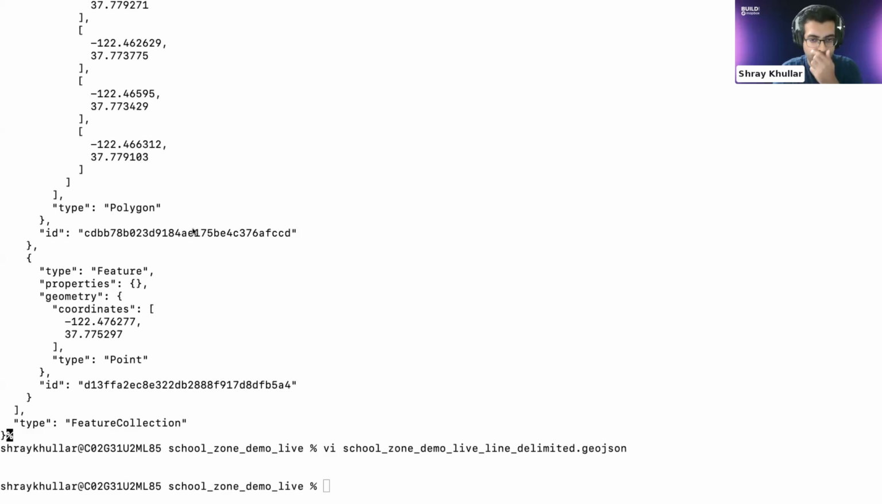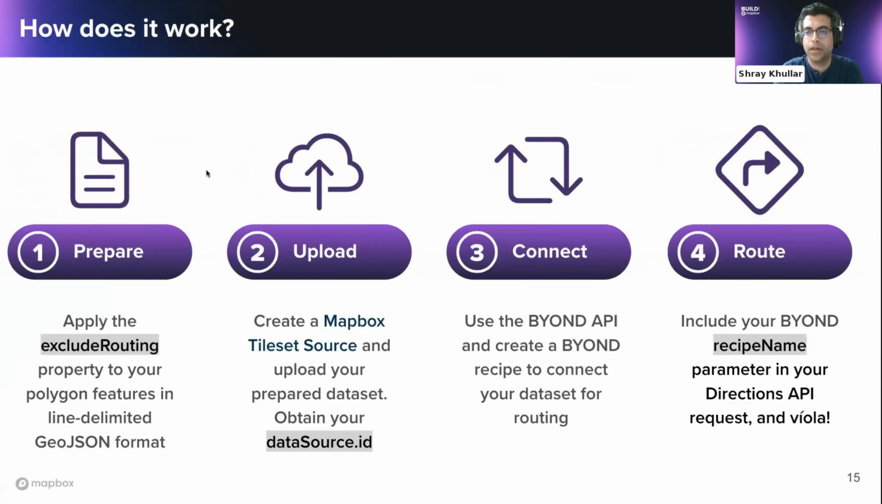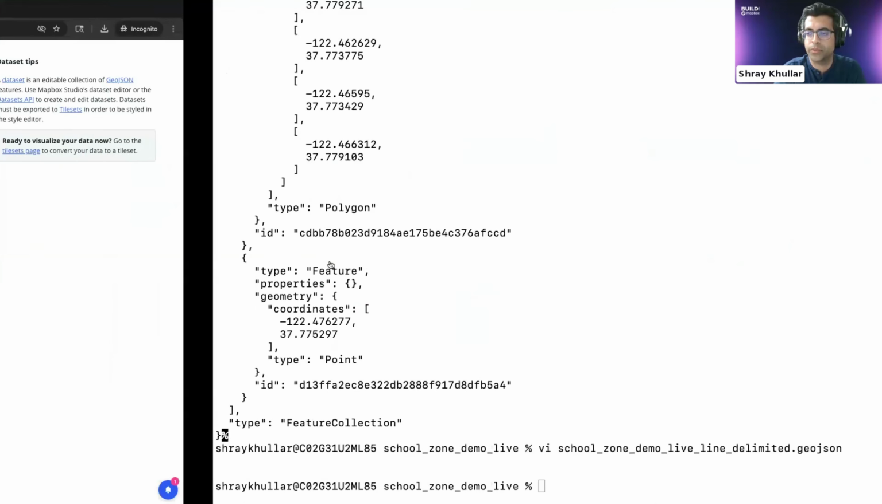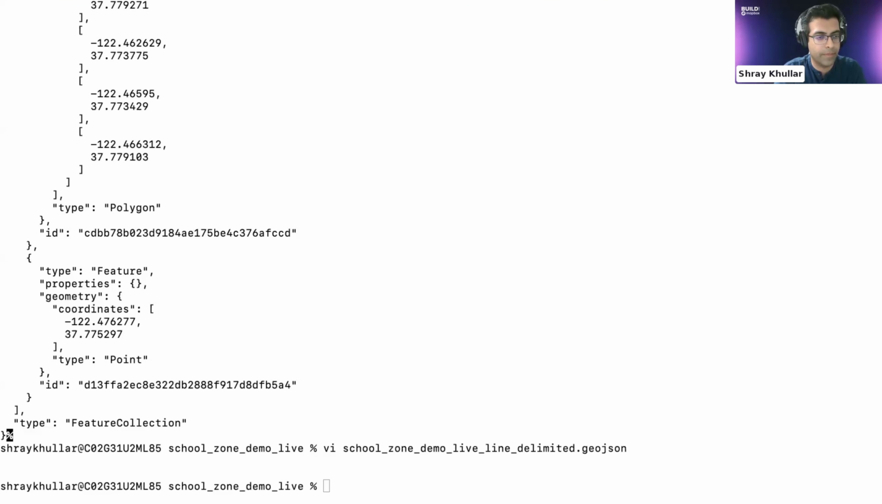The next step would be to prepare the upload part of it. Now we have the data correctly prepared. Step 1 is complete. Now I'm going to go and connect it to tileset source. From here on, things would be quick. I'm going to use our Mapbox tiling service